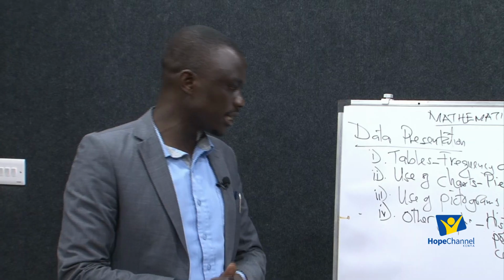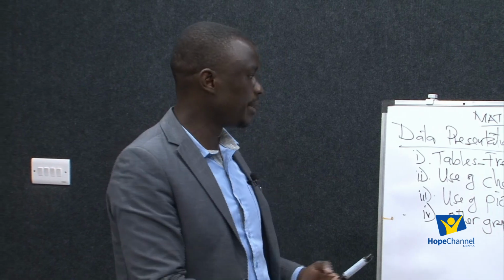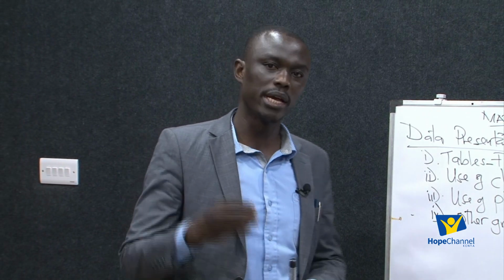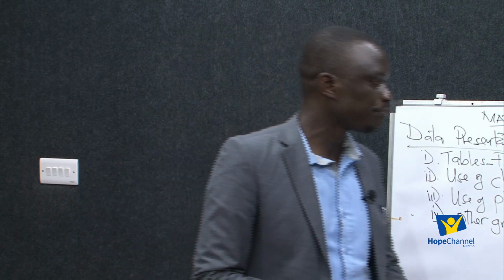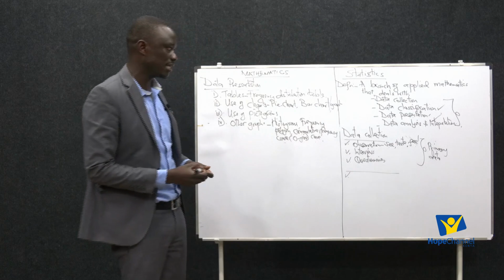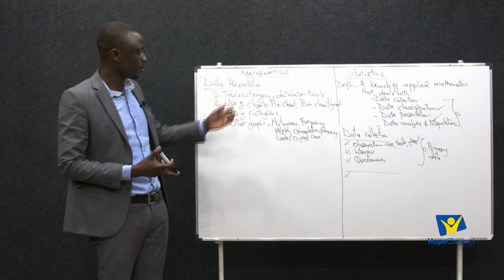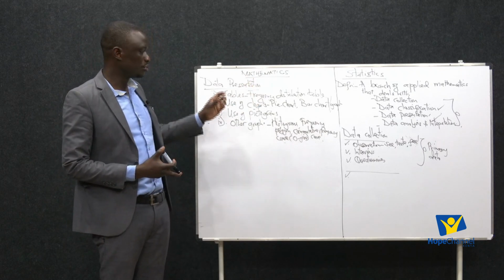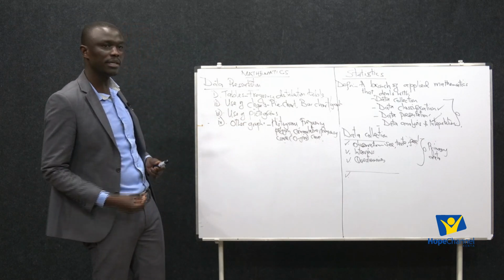So in our series of discussion in this topic of statistics, we will be discussing several methods that we can use to present data. We said we can use tables, we can use charts, we can use pictograms, as well as we can use graphs. So that is good. Then data analysis. Data analysis is the last part. Data analysis means from the presented data, we are going to do some calculations that will enable us make an informed decision.